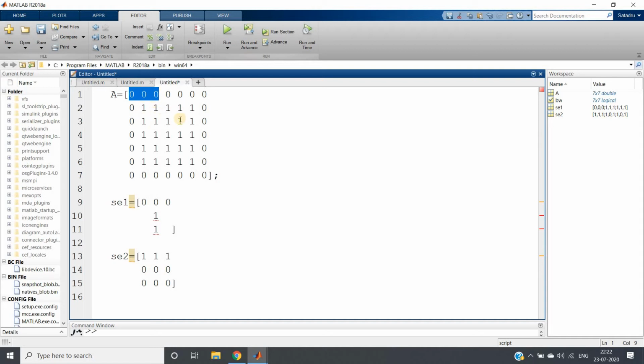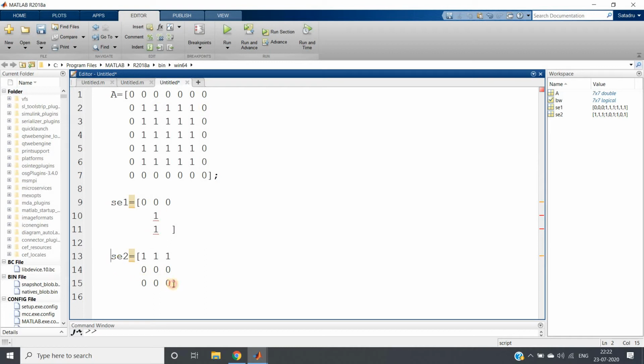As a result, every time this particular structuring element will perfectly match with our first row, and the first row will be detected as pattern matched in our hit or miss transform.